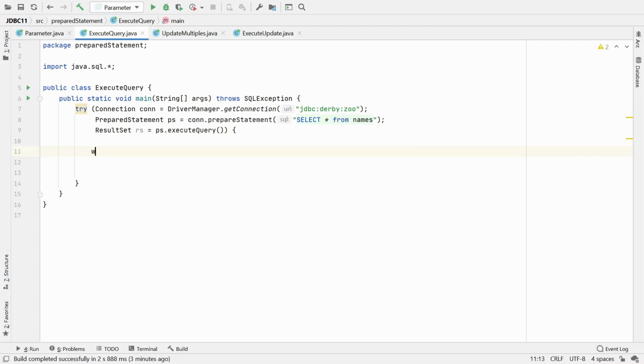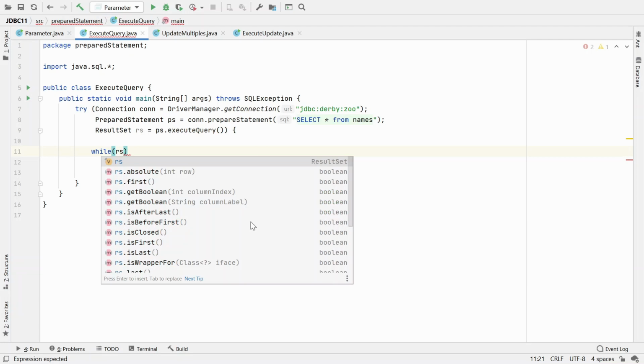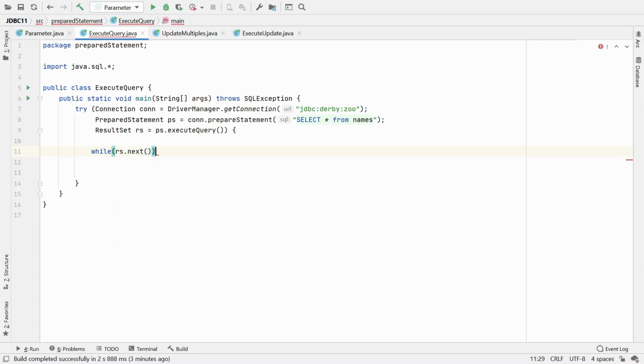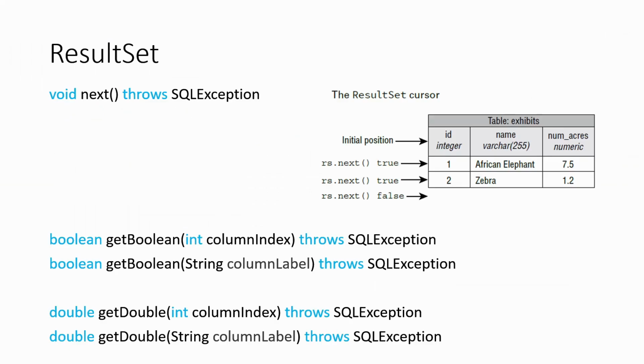and in the while loop I'm going to use rs.next, and it will iterate over each record. Okay, result set